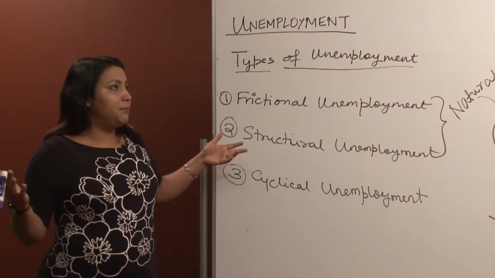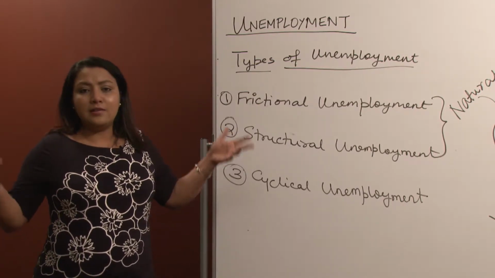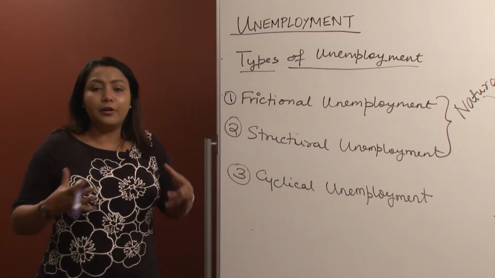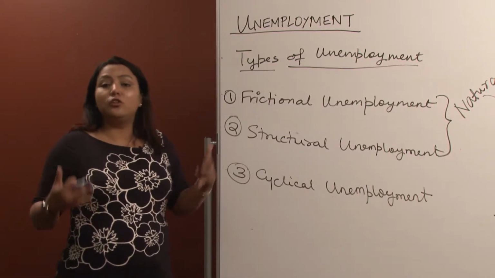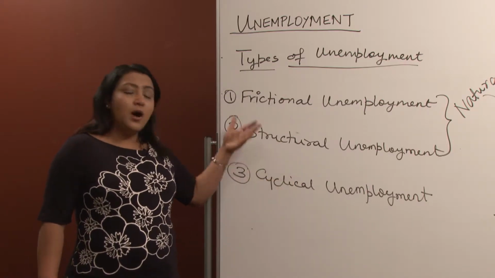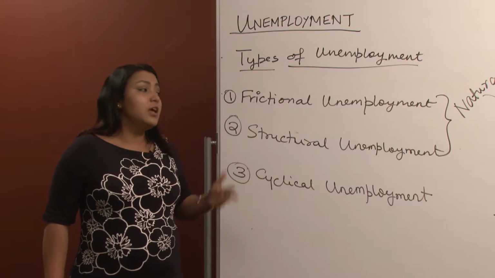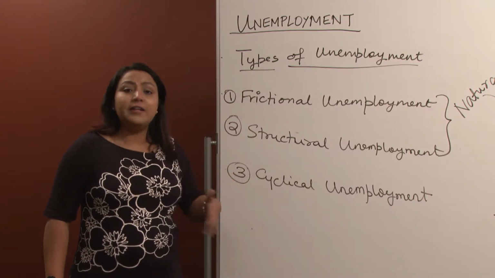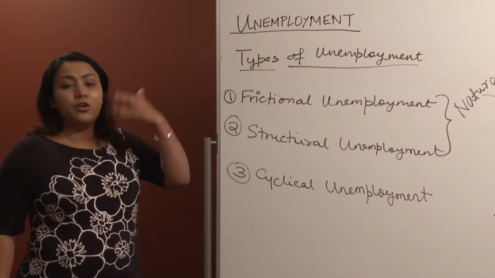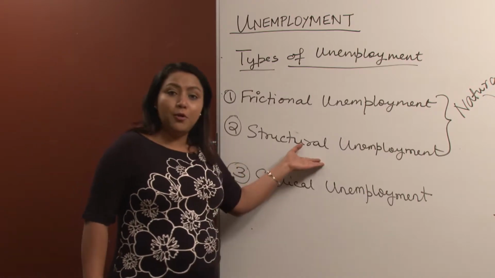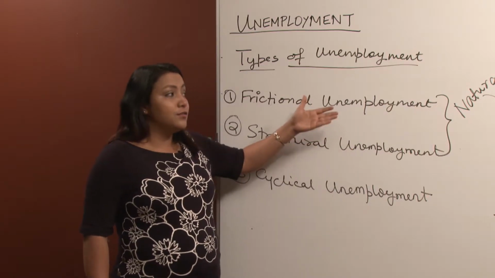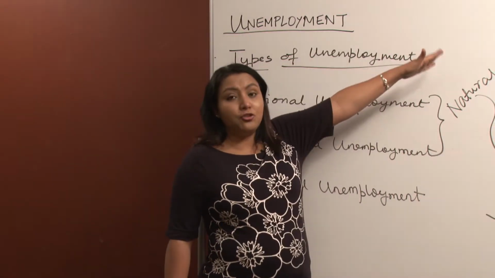Or maybe let's say unionization starts in a lot of industries. A lot of industries start unionizing and start bargaining for collective wages. That would also be a structural change in the labor market, and those kinds of changes may lead to some amount of unemployment. Now also understand that that is something which is likely to persist in a country very naturally, because every country is updating over time, it is structurally changing over time. So any kind of structural unemployment is also likely to persist in any country. It's natural, it's not a cause of serious concern, and hence it's a part of the natural rate of unemployment.